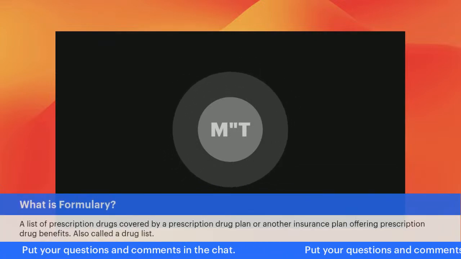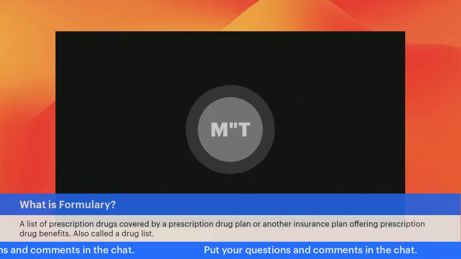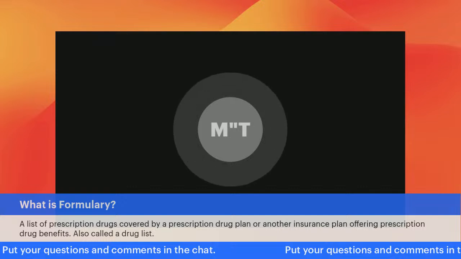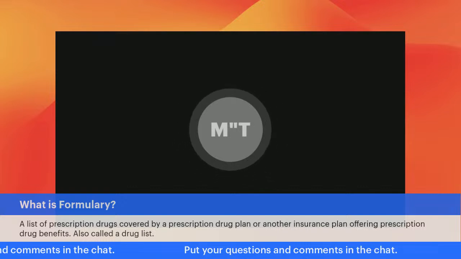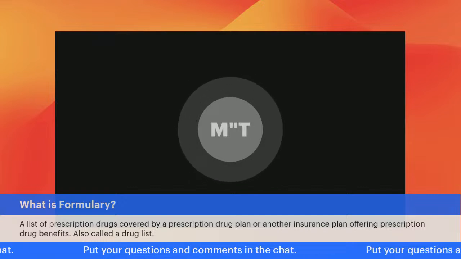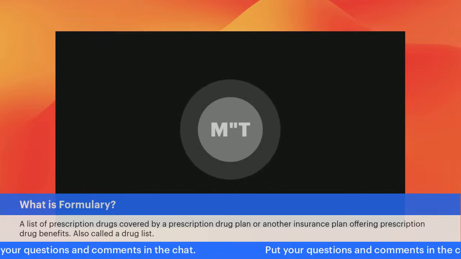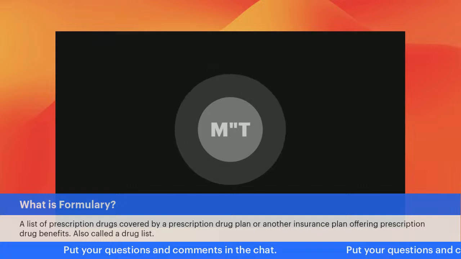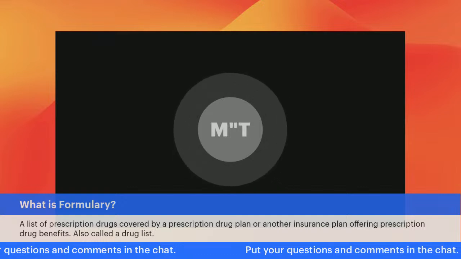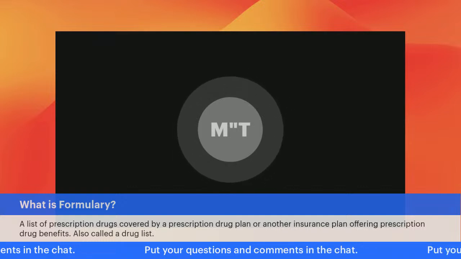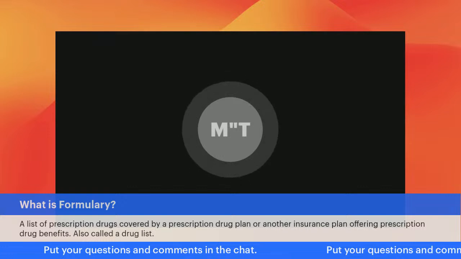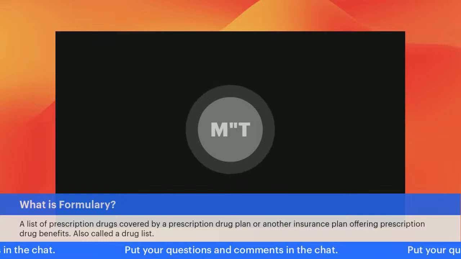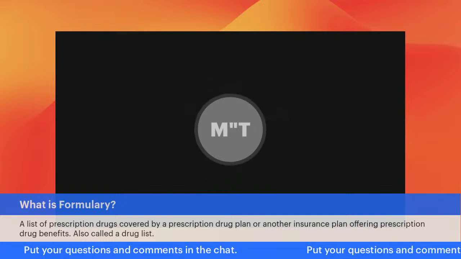Formularies are the medications that are covered by your insurance carrier. I don't care if you have commercial insurance, a Medicare, a Medicaid plan, a Medicare HMO plan. Why are we specific for HMOs? Because we know, ladies and gentlemen, Medicare does not cover medication. So we're specifically talking about those Medicare HMO plans, right? If it is on their formulary,